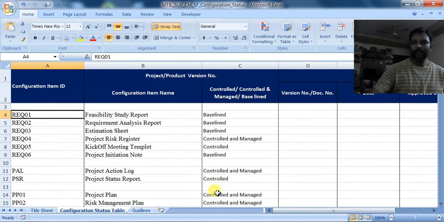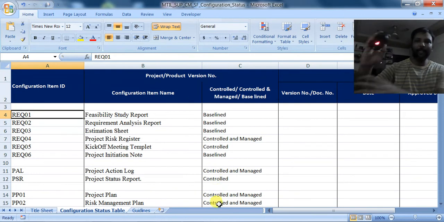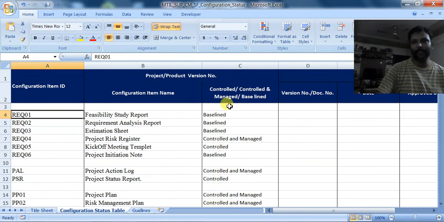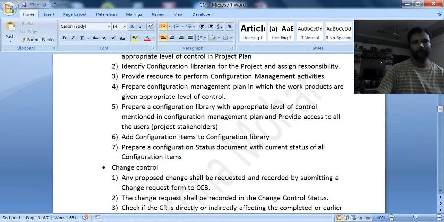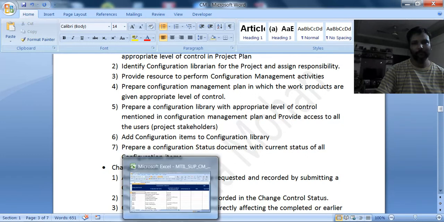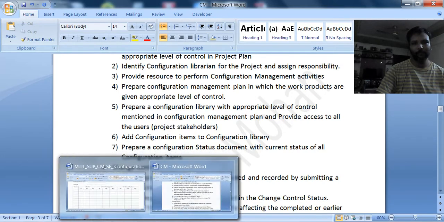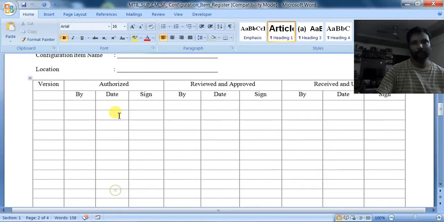There will be another document called the configuration item register. We'll be seeing that also. See here, this is the configuration item register.